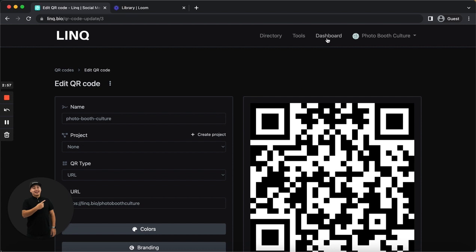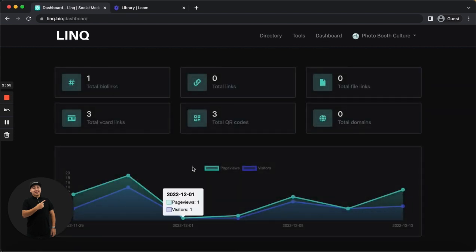So this is just one of the simple tools that we can use to create a biolink and a QR code. You can do this the same for a business card or a shortened URL. All you have to do is create the link first and generate a QR code. And this will be a way to simplify all your branding,